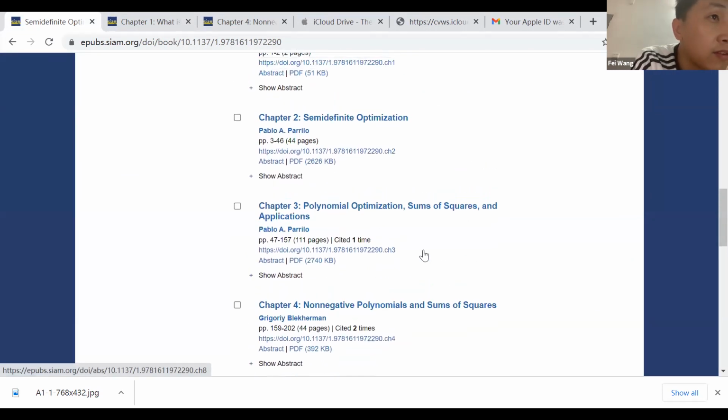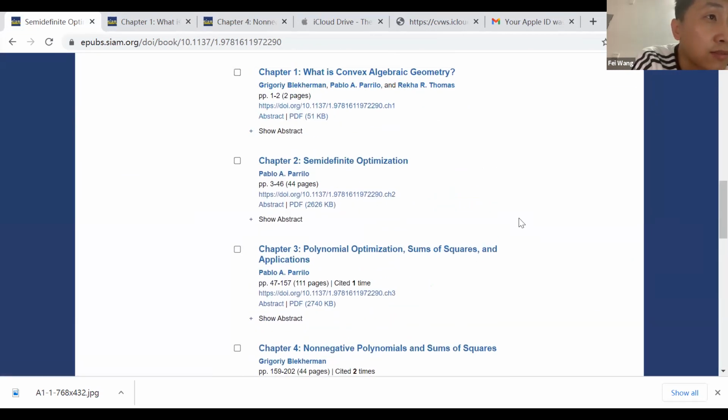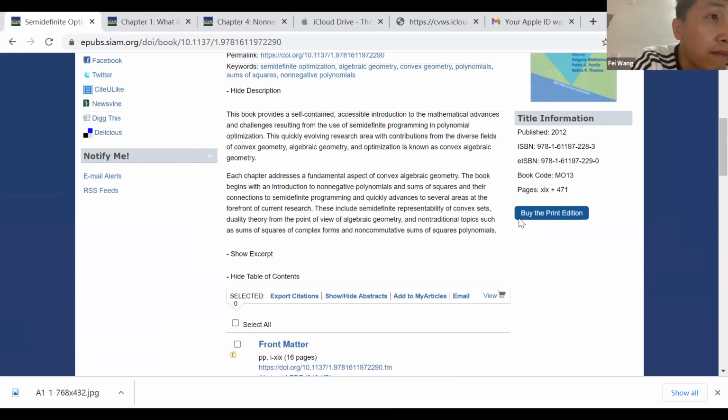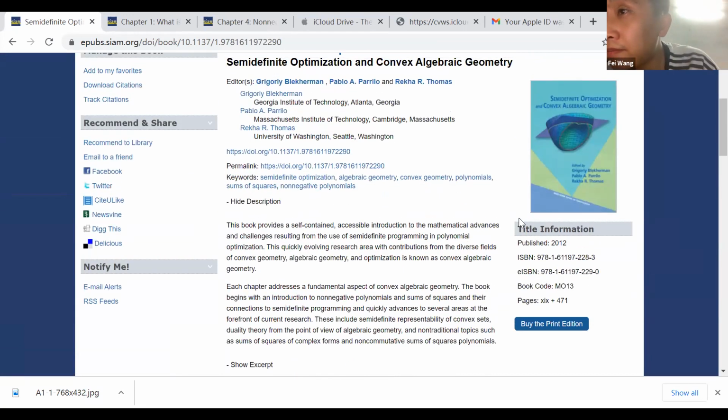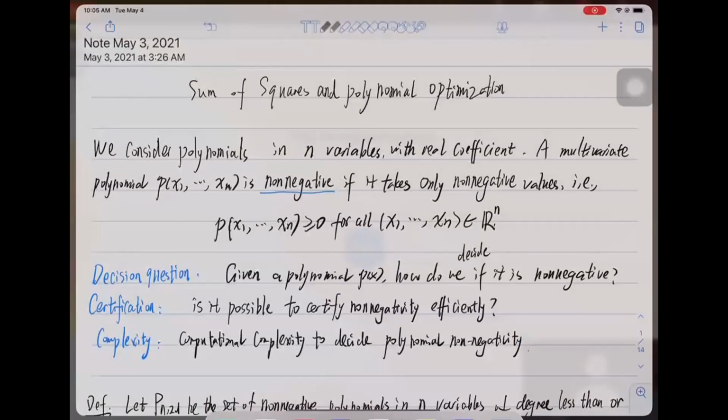Okay, so you know that in the book, this book is. So let's go back to the to my screen. So